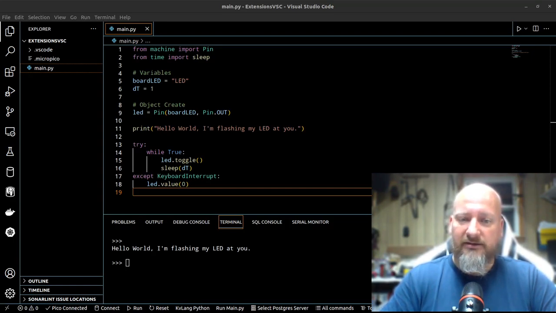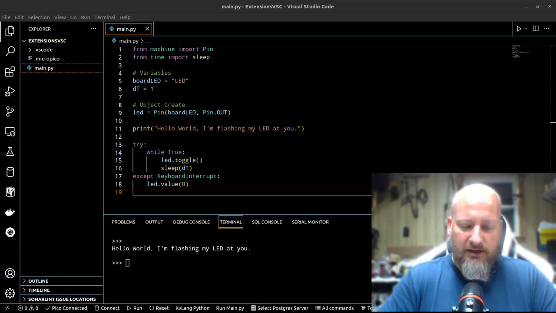Then we did a pip 3 and installed, my mind just went blank. We did pip install PySerial, and then we were able to start up our first file. And then once we started up our first file, we did ctrl+shift+P, and we went to MicroPico